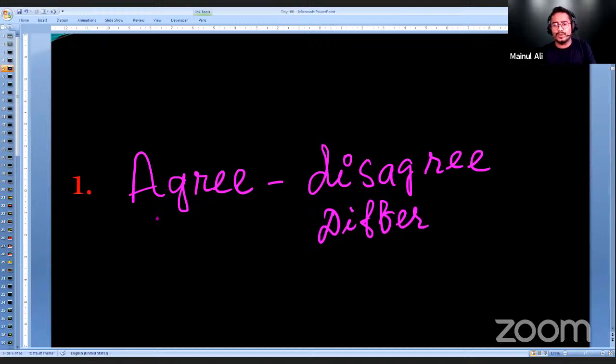Okay, agree. We would have so many synonyms and opposite words, but we have to find out the exact word. And you know that all the synonyms are not used for the same purpose. For example, hear and listen, these are synonymous, but the meaning is different.